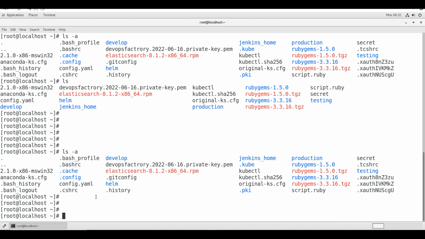Someone might ask you in interviews, if you are a fresher or have 1 or 2 years of experience, they will definitely ask how to see the hidden files in Linux. So you can go with ls -a. All the files which start with a dot, or you can say period, are the hidden files. Also, if you want to see things in another way, like ls -